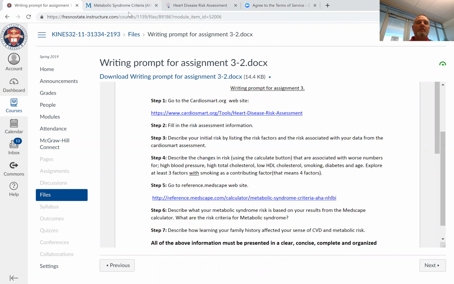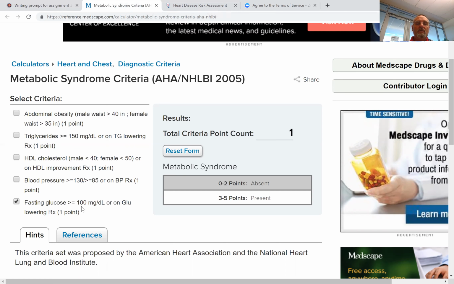So my results from the Medscape calculator would be 1 risk criteria, and that would put me in this range right here, absent. Now, if I go back in my own personal history, my HDL used to be below 40, and my abdominal measurements were above 40 inches. So that would have put me at 3 total criteria, and that gets me into this 3 to 5 range,